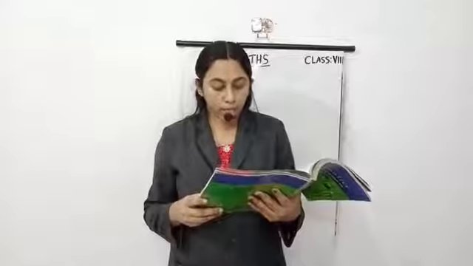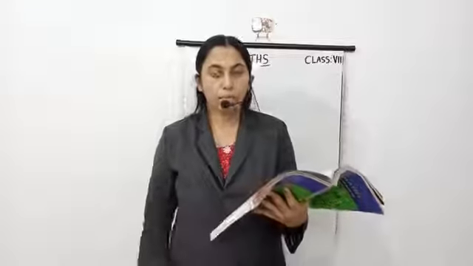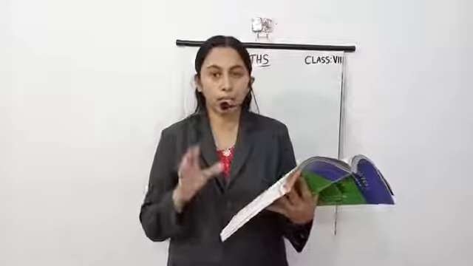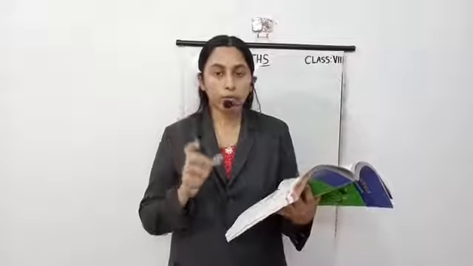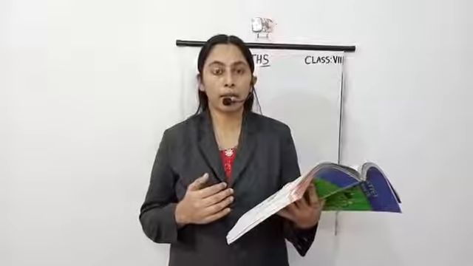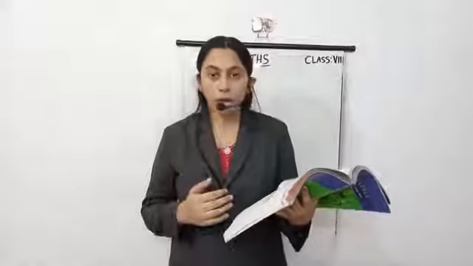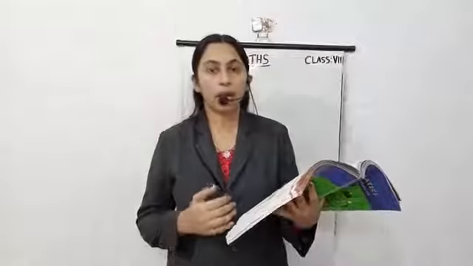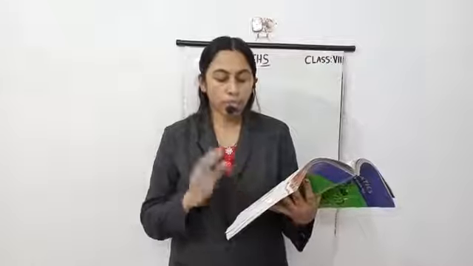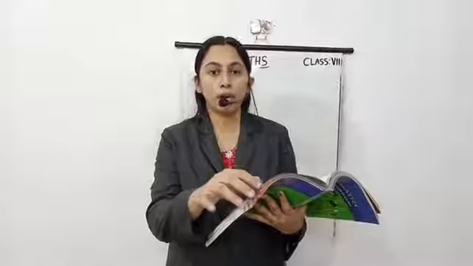Now question B, 2 is to 3 is to 5. This is also the same, total part. First find the total part. 3 plus 2, 5, 5 plus 5, 10. So here the total part is 10. Then write 2 by 10 is to 3 by 10 is to 5 by 10. The next step, 2 by 10 into 100 is to 3 by 10 into 100 is to 5 by 10 into 100. Then calculate, we get a percentage like that. Question C and D, so this is for homework.